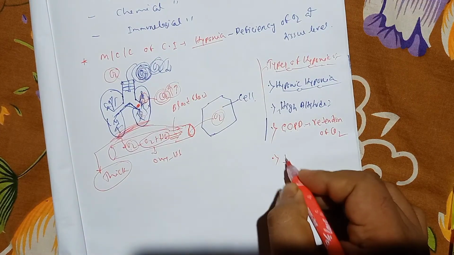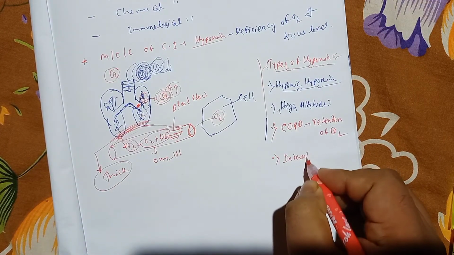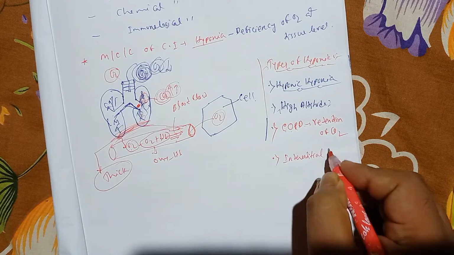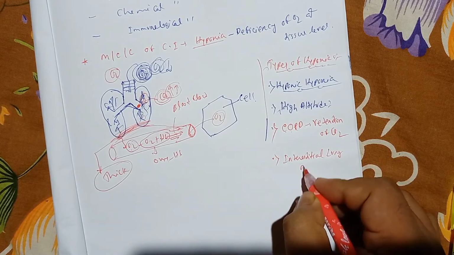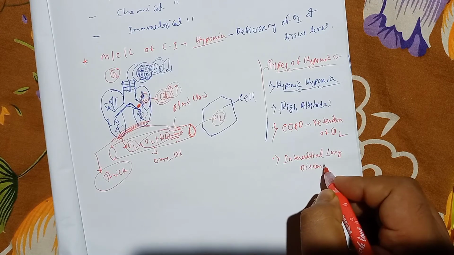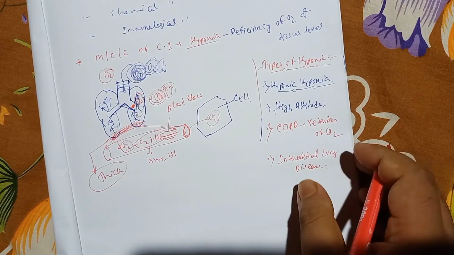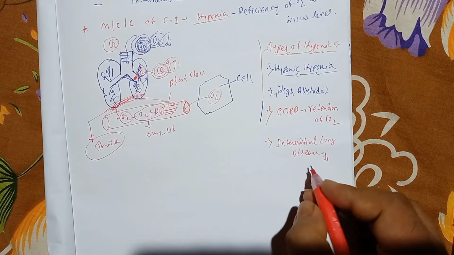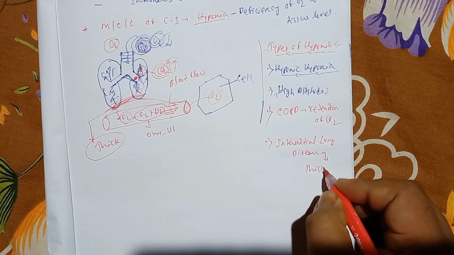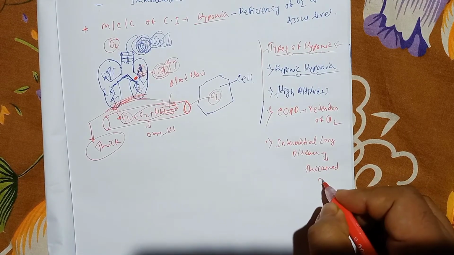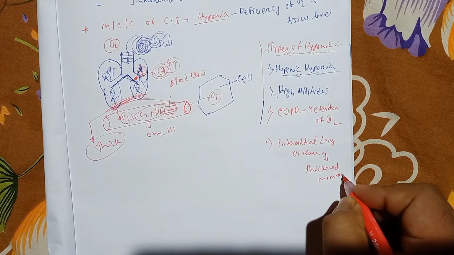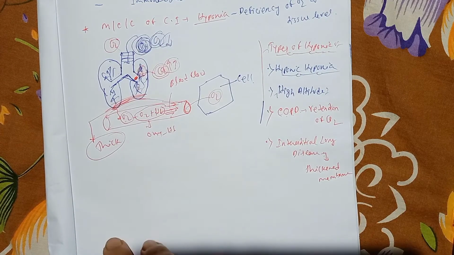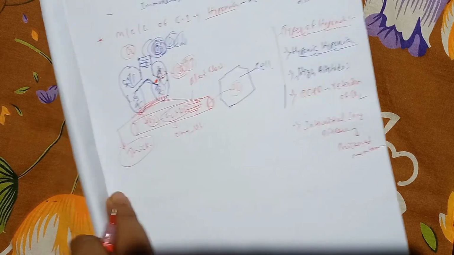So there will be interstitial lung disease, for thickened membrane, right, for thickened membrane. Then we also have one more type, the RL shunt,